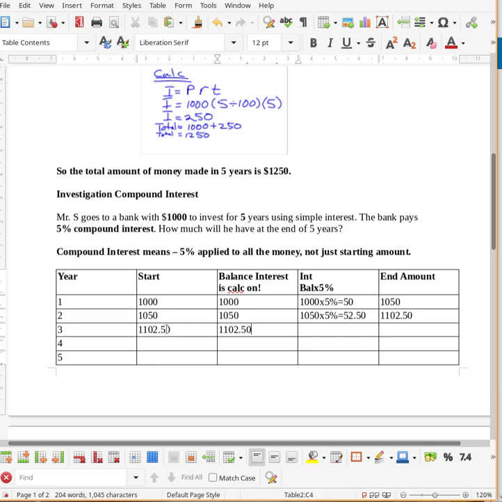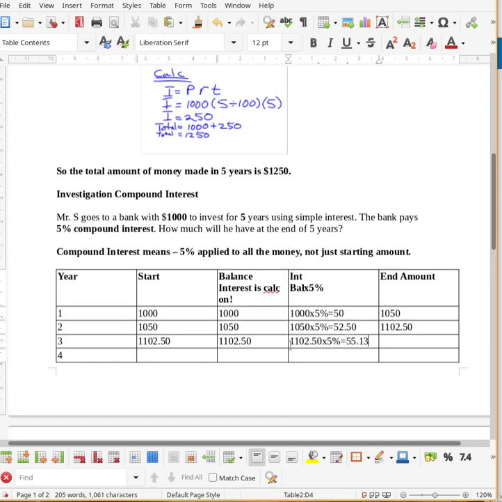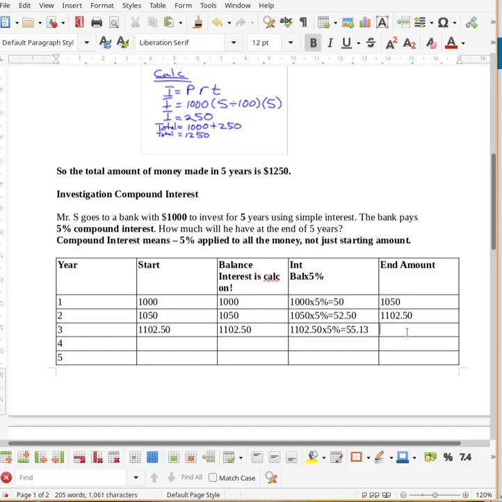Right? So now we're going to take the 1,102.50 and times that by 5% again. And that's going to equal 55.13. Okay? And we're just going to keep doing that over and over again until we get our final answer. And now we add up those two numbers. So we add the 55.13 plus the 1,102.50 to get